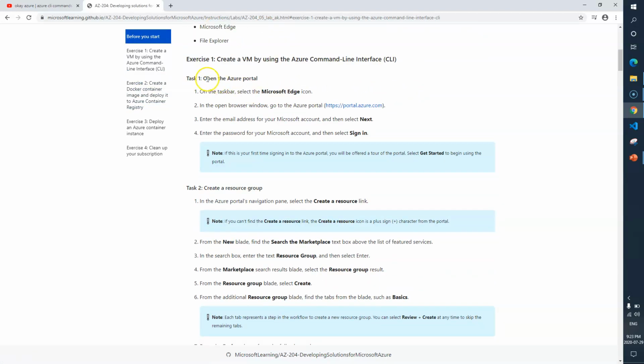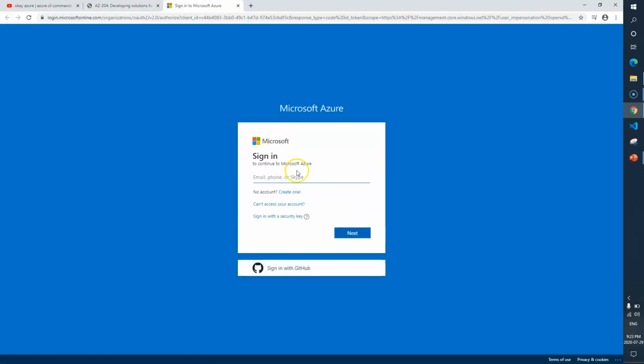Okay, so task one is to open the Azure portal. Okay, let me just open it. I'll just need to put my ID and password. Okay, John.azure01. Hopefully I'm putting the right one.